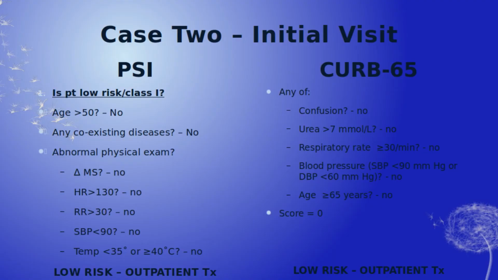For case 2, the 21-year-old, step 1 is is he low enough risk to be classified into class 1. He's less than 50, he had no coexisting diseases, and again, on physical exam, he did not meet any of the cutoff criteria. So he would have been low risk for outpatient treatment. CURB 65, again, he meets none of the cutoff values, he has a score of 0, and would be suggested for outpatient treatment. I don't have any of the information about his admission, so I can't recalculate whether or not he would have met these when he was presenting 3 days later. But the take-home message again is we know what happened to him. He ended up being quite unwell, so clinical judgment again is required.